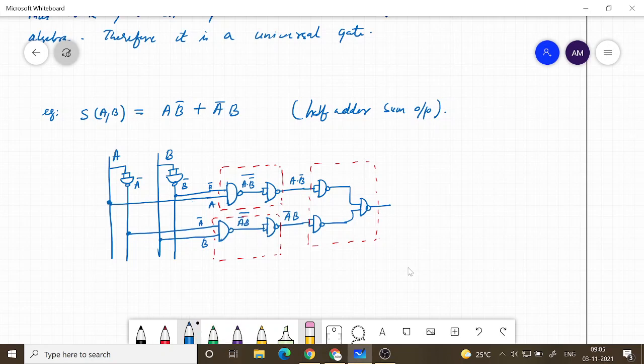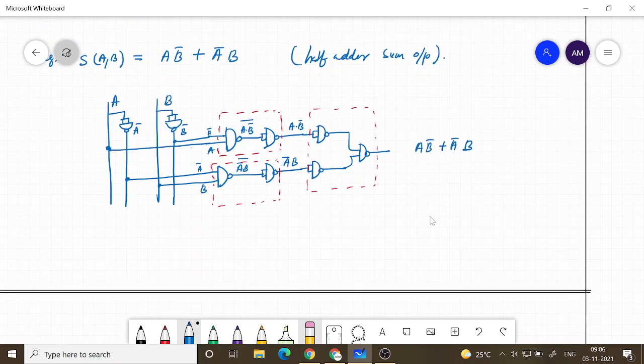So therefore finally we have A B bar plus A bar B. But you see that some of these operations are really unnecessary. For example, there is a complement here and then again it is followed with another complement. Again here also complement, complement. So complement of a complement is the same. So if you directly connect it, then also it should work. So what we have done, of course it will give you the correct result, but this is not an efficient implementation because we have taken too many NAND gates.